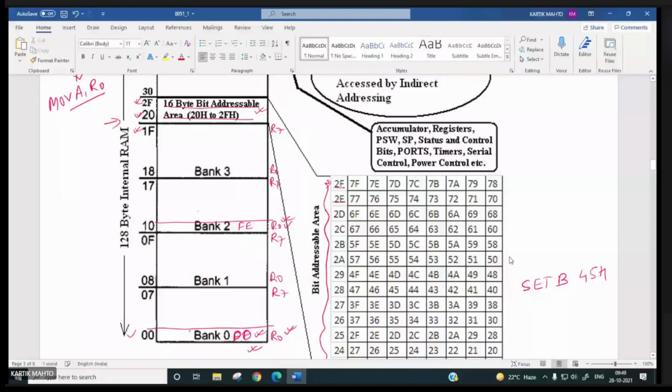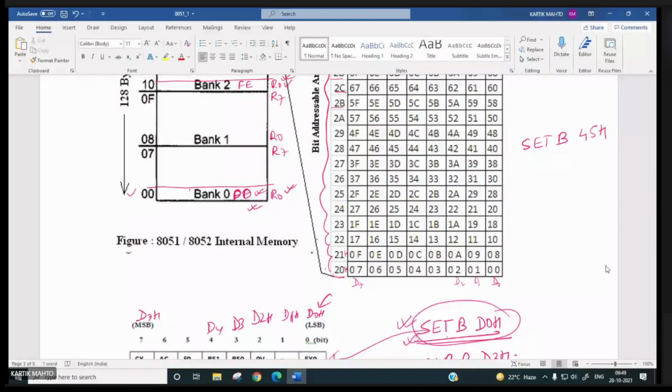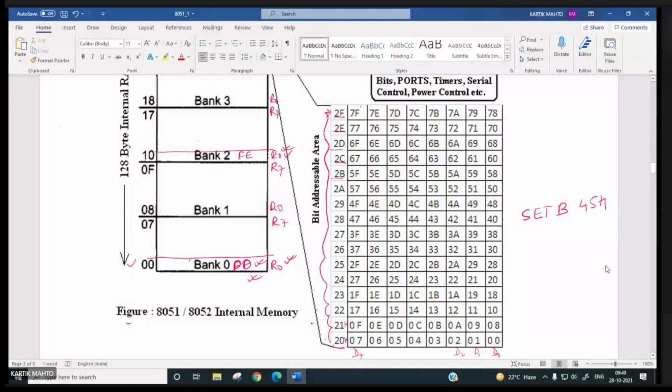And each byte is having 8 bits. This is D0 bit, this is D1 bit, this is D2 bit, this is D7 bit. And by writing an instruction, very easily you can set or reset these bits. So how many? 16 into 8, 128.